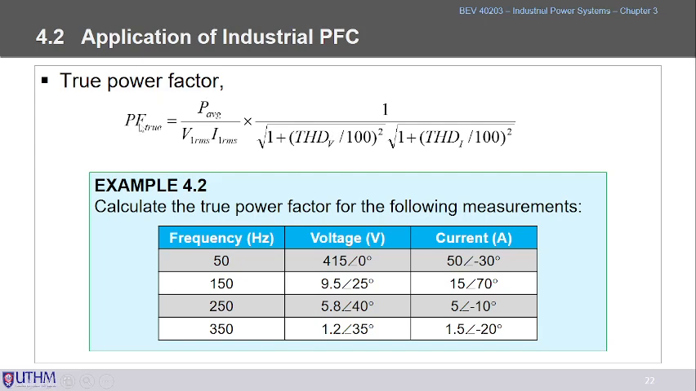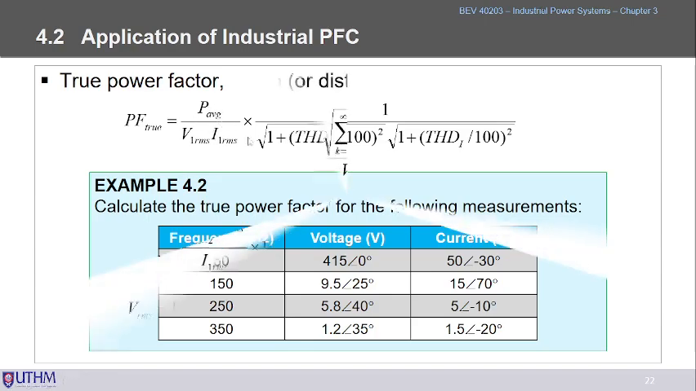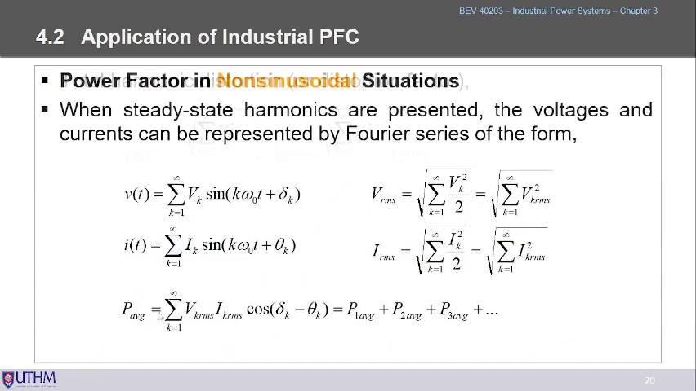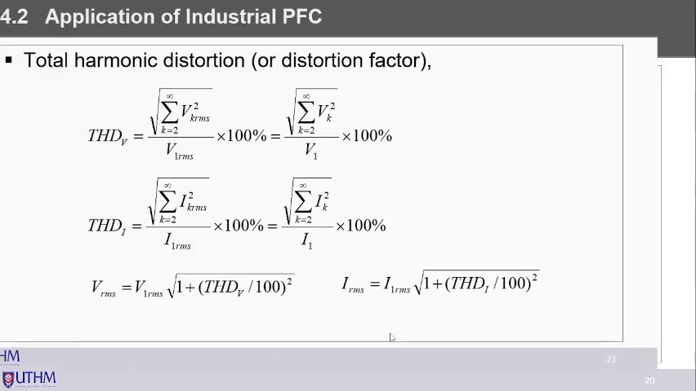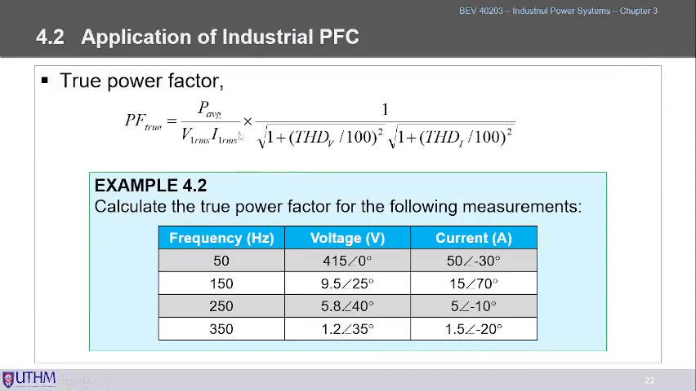So in the true power factor, the calculation is still P average, and the P average we can calculate using these equations. Then the V is the fundamental for the voltage, I is the fundamental for the current, and then how much is the THD, the total harmonic distortion for voltage, and total harmonic distortion for the currents. So this is how we calculate. So we can look at this